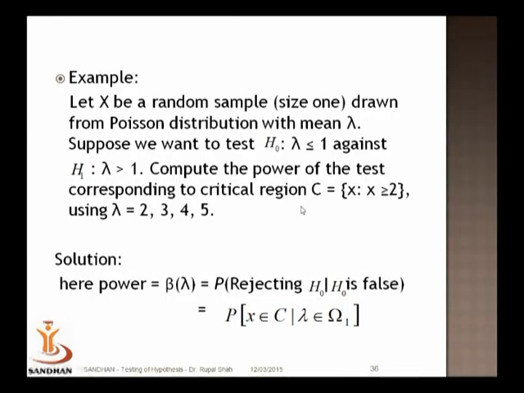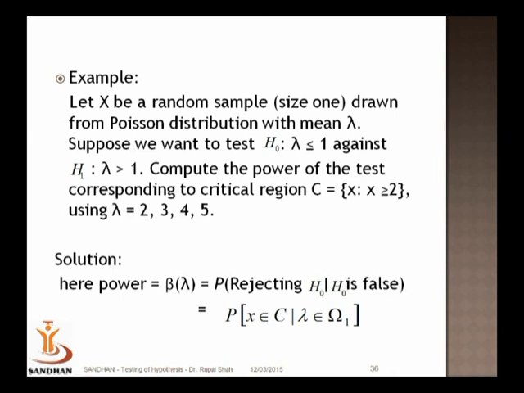What we are going to observe is one random variable from a Poisson distribution. For example, it may be the number of accidents, or the number of printing mistakes on a page, or the number of telephone calls in a half an hour interval. We are observing just one such observation. So in some specified interval, suppose we are observing a Poisson random variable, say the number of telephone calls. What is lambda here? Say the rate at which the calls come. Here we say that lambda is less than or equal to 1.